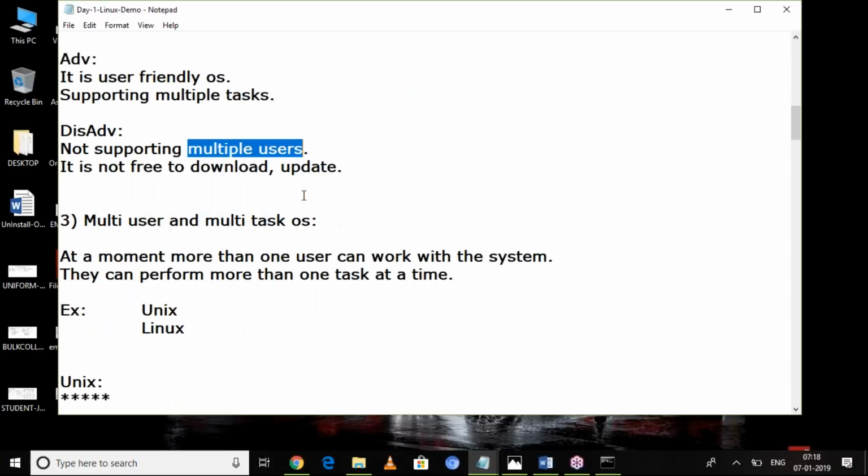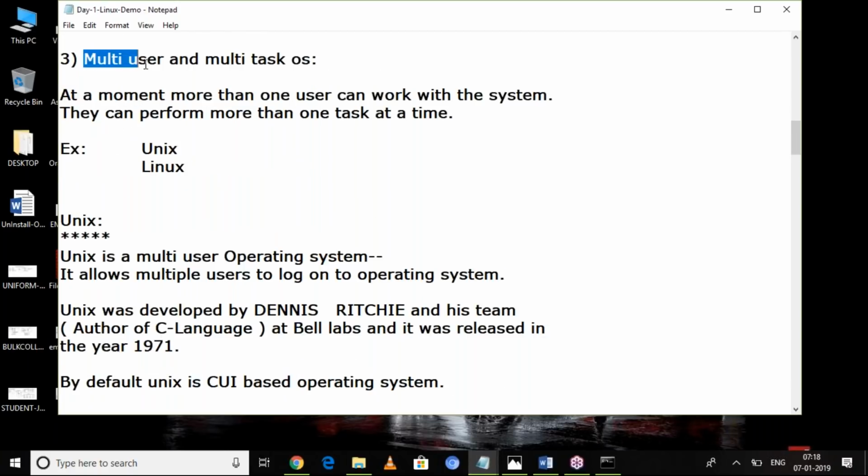The third category of operating system is multi-user and multitask. What is multi-user and multitask? See, already we discussed multitask, working with multiple applications parallelly. What is multi-user? Multi-user means more than one user at a time.